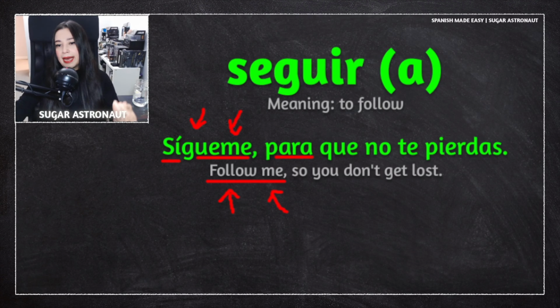It usually means for, in order to, or to, okay? But in some situations it means so, especially when you're explaining why you want, for example, in this case, this person to follow you, okay? So, para, so, que, we don't have que,